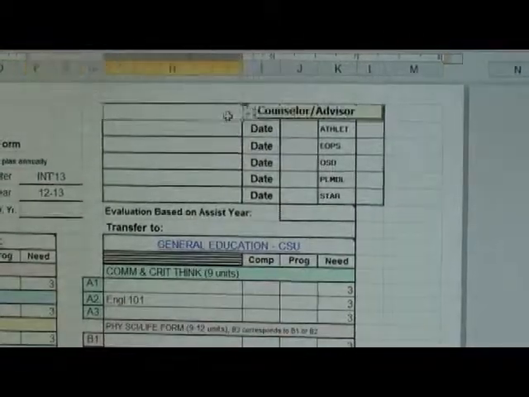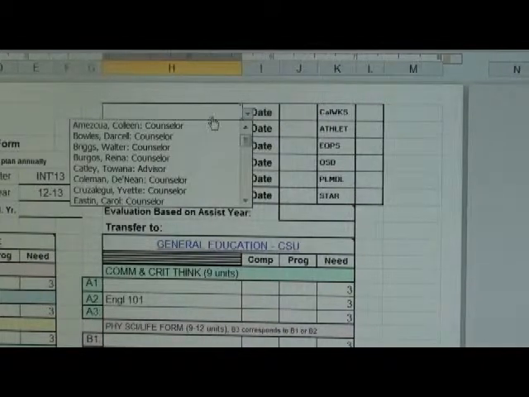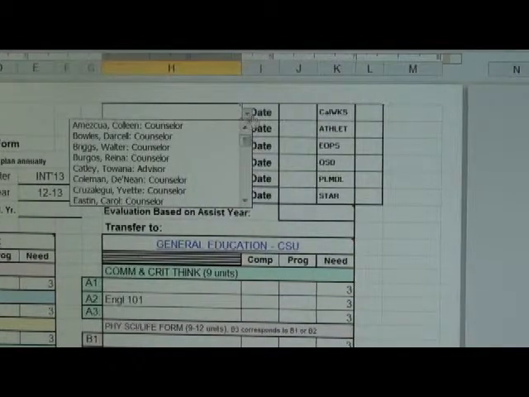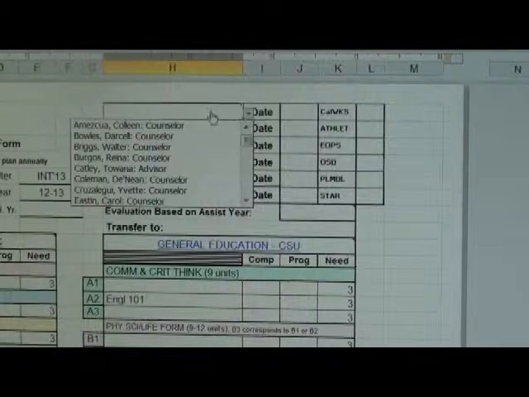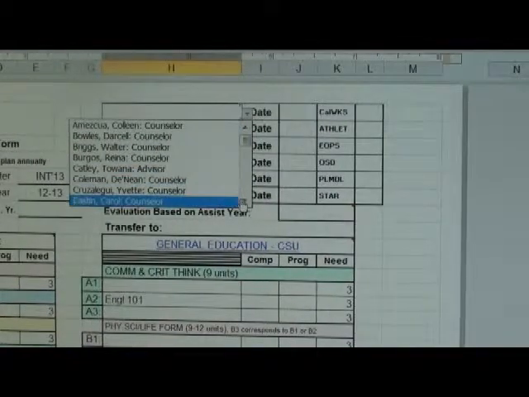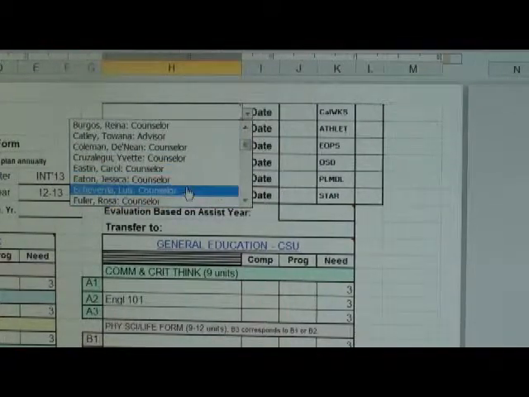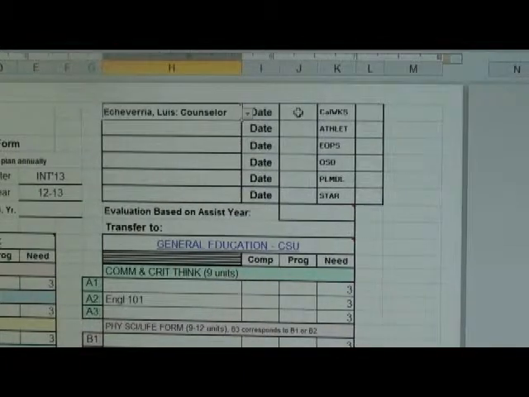Next step is to come over here and select the name of the counselor. On this one, one click on the cell brings up a down arrow, two clicks and you actually get the list. You can scroll down. I'm going to scroll down to select my name, and then I'm going to put a